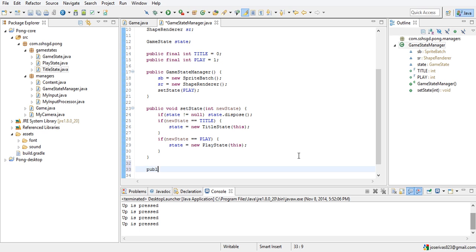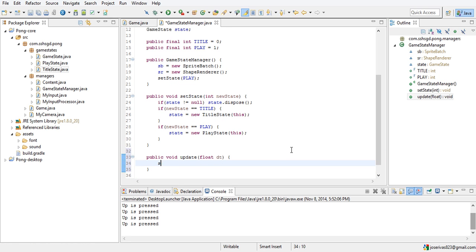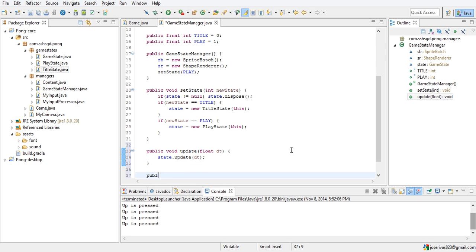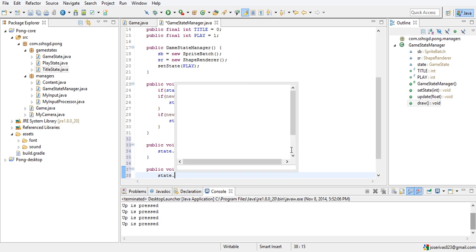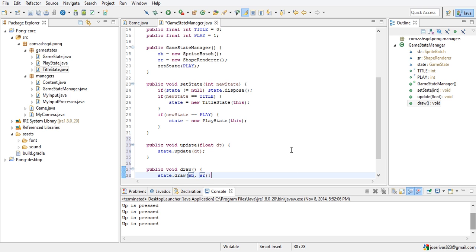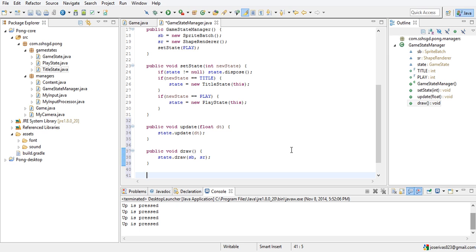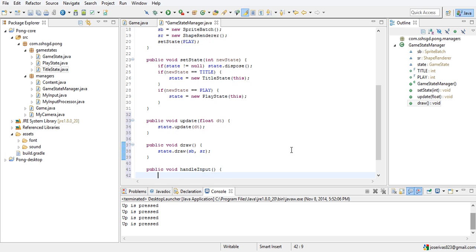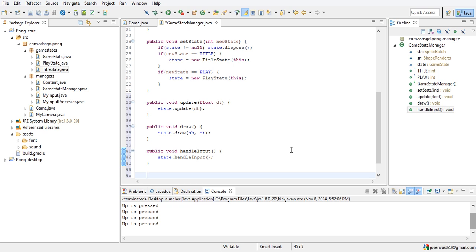So we're going to do public void update. So it's going to have the same stuff. So float dt, so delta time. It's going to do state.update delta time. Public void draw, and it's going to do state.draw sprite batch and a shape renderer. Public void handle input, state.handle input, and